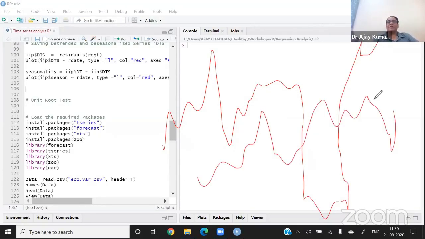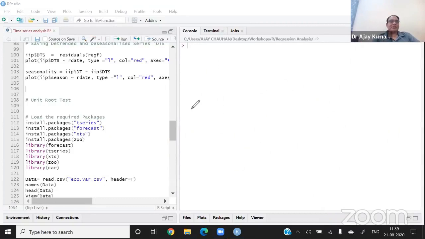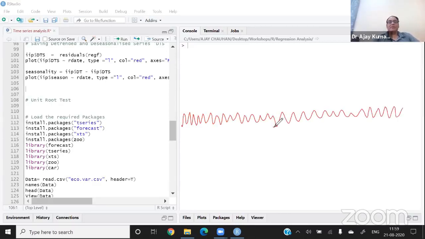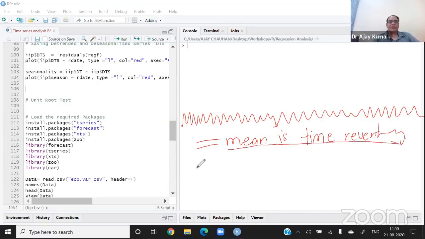And if you understand what a stationary series is, identifying a non-stationary time series is very easy. The stationary series looks like this. This is a stationary series. So you can see that in this series, the mean is constant with time. So it is called mean reverting, right? It is coming back to its mean. The series always comes back to its mean. So its mean is constant. Second, the variance is also constant.